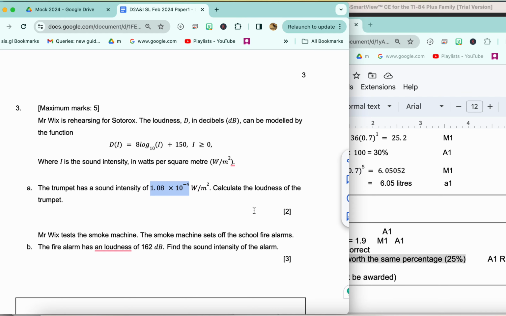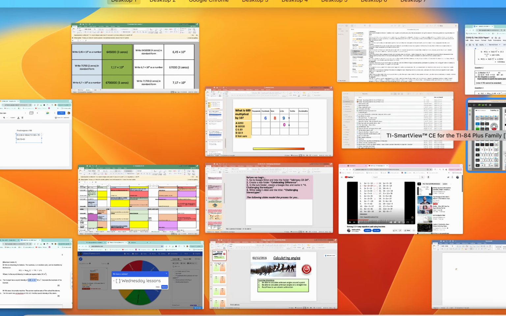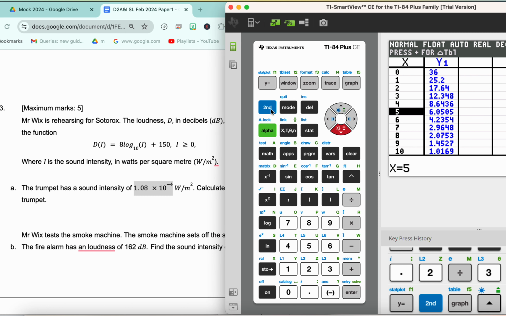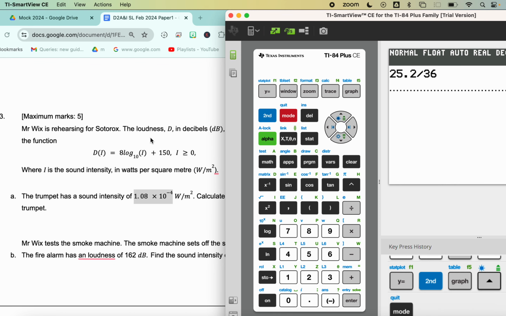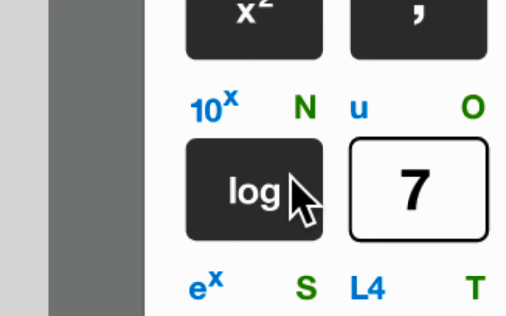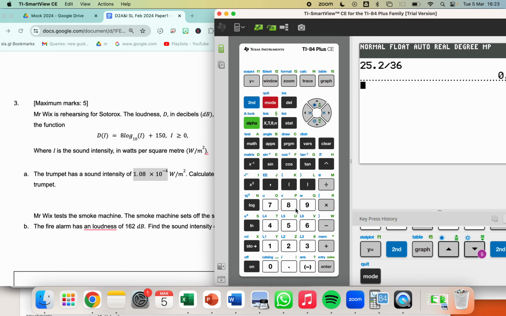And we just need to be able to find log on our calculator. So let's do that. Opening up our calculator, going onto the normal menu. If something is log to the base 10, that is just log on the calculator. We just press this button here. So let's go. 8